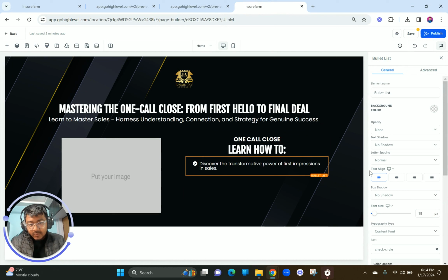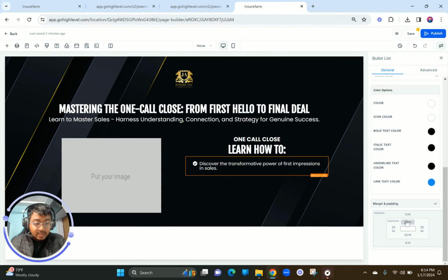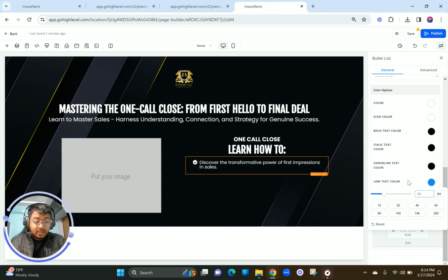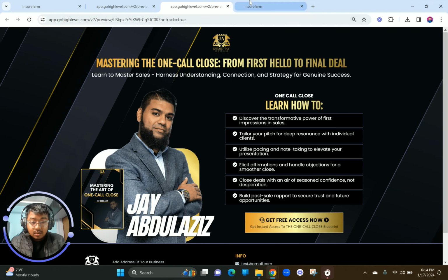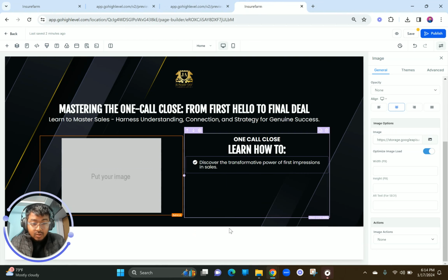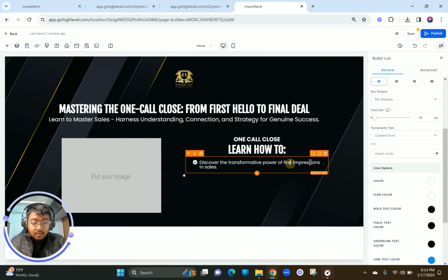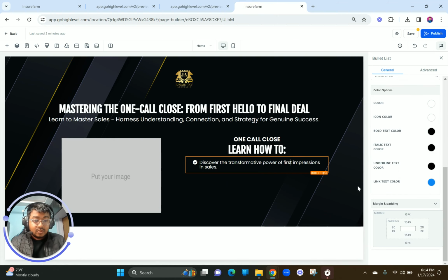Then we're going to probably play with a bit of padding here, and we're going to make it, let's say, 15, right? And at the bottom also going to make it 15. Does that look good? I think that does look good. Okay, also I think this is fine. Okay, and we are going to give some space at the bottom, and the way you do it, let me